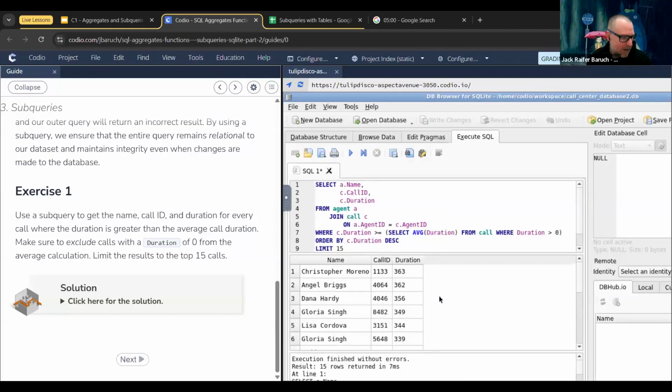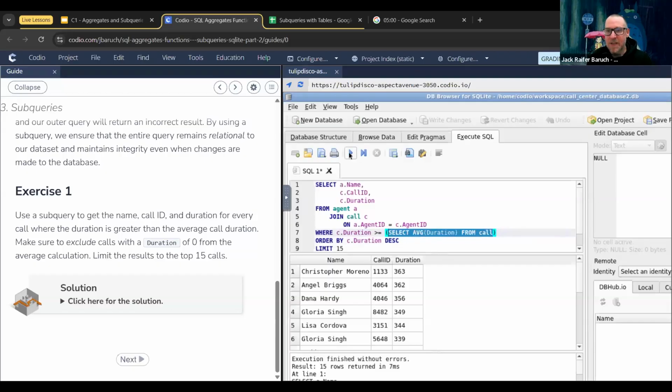Can we use and where, by the way? Pankaj, you're asking if we can also use and instead of where. Where would you use the and? Oh, well, it depends because I actually not in this case. We're using the where inside the subquery because I want to remove all of the calls that are 0 from the average. If I do it somewhere else, it's not going to take them out of the average. My average is going to be a little bit different. So if I remove this from here,